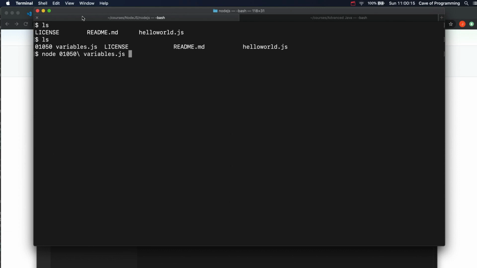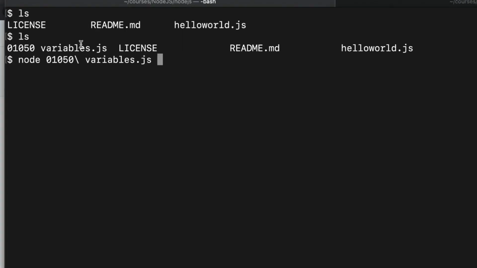So I've used a tab key to autocomplete the file name here, and because I've got a space in mine, in order to stop the bash shell interpreting this as two file names, one called 01050 and the other variables.js, the bash autocomplete helpfully put a backslash in front of the space that stops it being treated as a separator